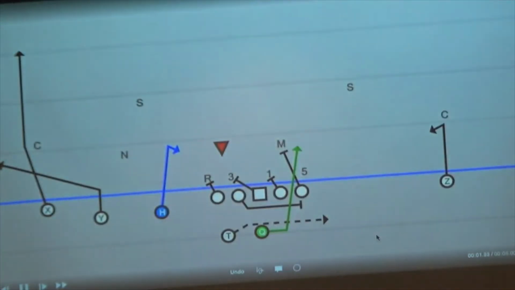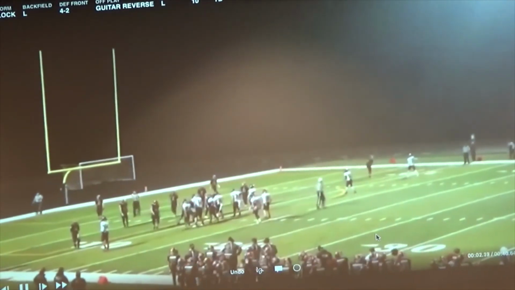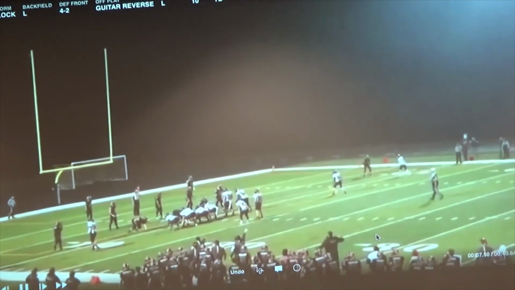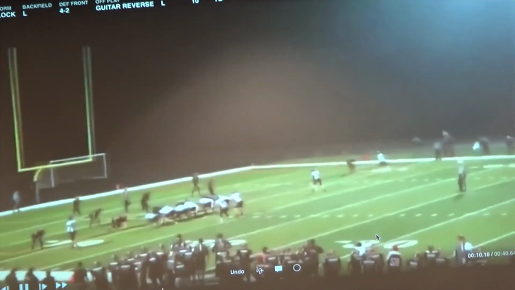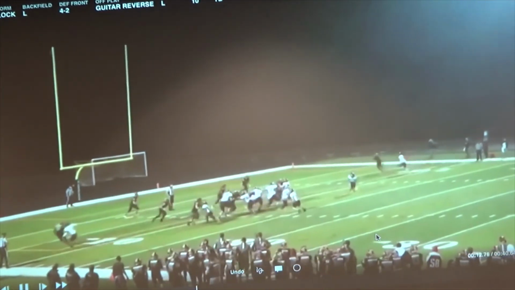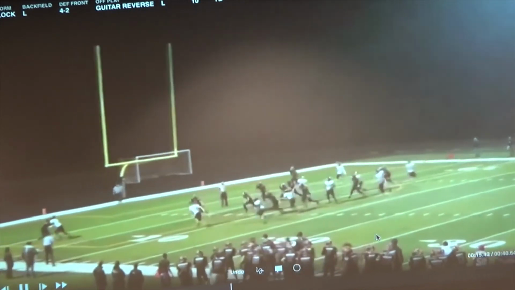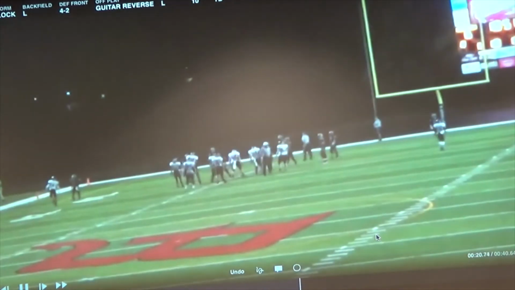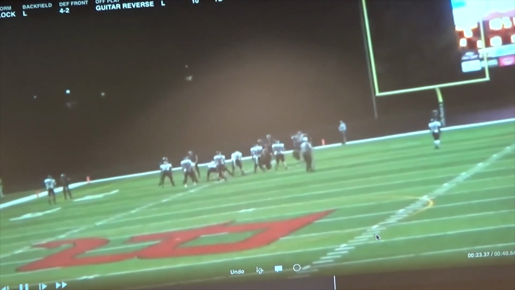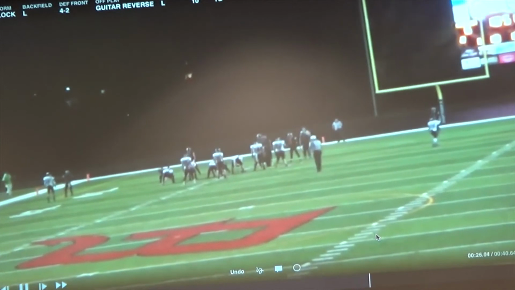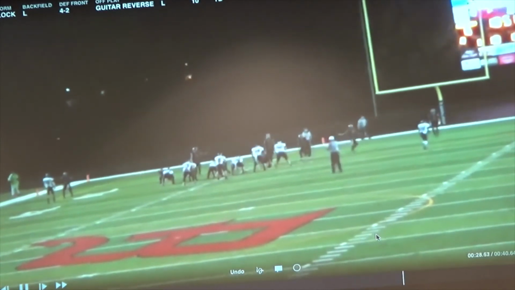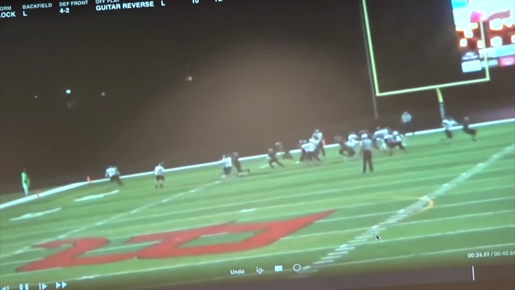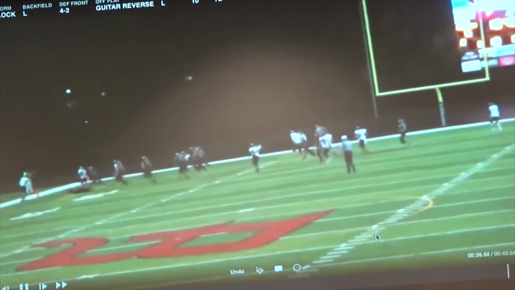Okay, this is a reverse off of it. Again, when we run the reverse, we block like wide zone. So I'm just going to go to the slot receiver. This is Coach Bradford, another 4-2-5 team. They fly hard over the top. They're very aggressive. Well, they had a new coach now, but they were very, very aggressive flying over the top on our inverted veer. So it worked out well, touchdown